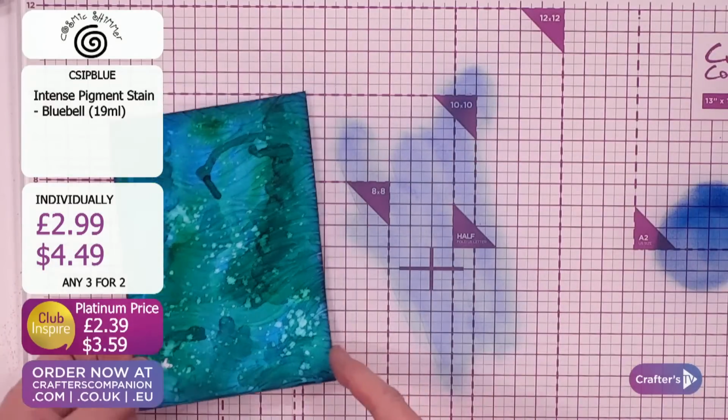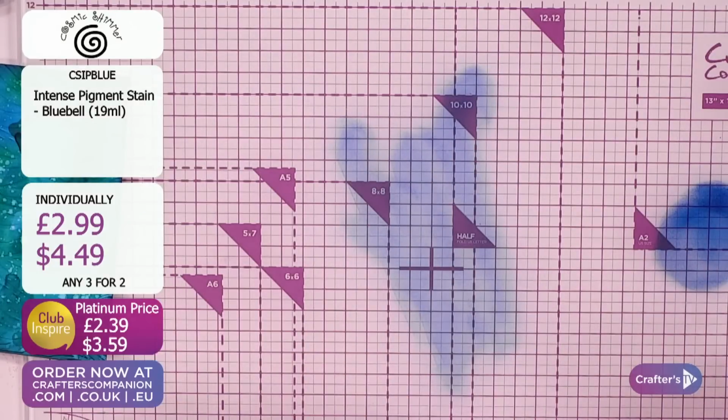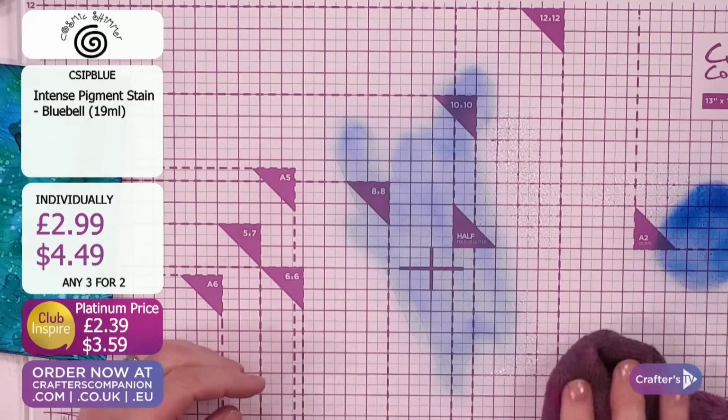So let me just get rid of the blue. Otherwise, I'm trying my best. I'm not covered in ink yet. Usually in these shows, I'm the same colour as the projects, but...